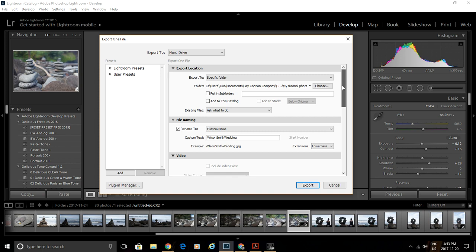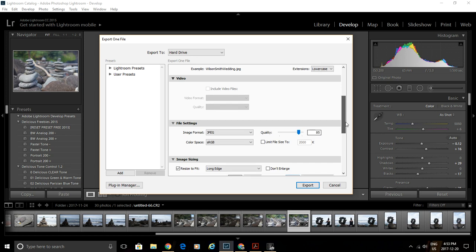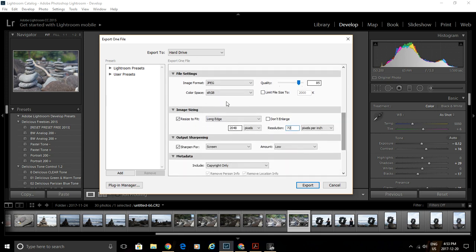So we don't really need to go through the export location again, or the file naming for high resolution, but where we do want to concentrate is these two tabs here, the file settings and the image sizing. Again, the previous was for low resolution images, social media type images as well, or perhaps online galleries that need to be shared online. This is for high resolution. These settings here that we're about to go through are for high resolution images and images that will be sent off to go to print, or if you're printing them on your own.